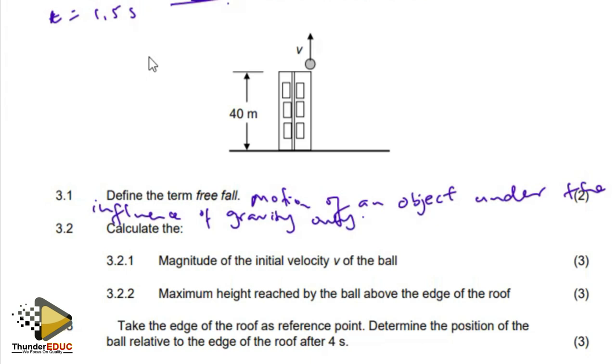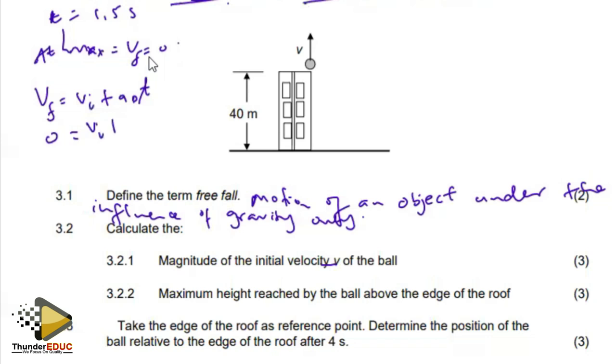Then 3.2, calculate the magnitude of the initial velocity v. So it takes 1.5 to reach the maximum. So we know that at maximum height, the final velocity must be 0. So I can use the first equation of motion. V final is equal to V initial plus a delta t. So my V final is 0. V initial is what I want, but we know that g is going to be 9.8 multiplied by